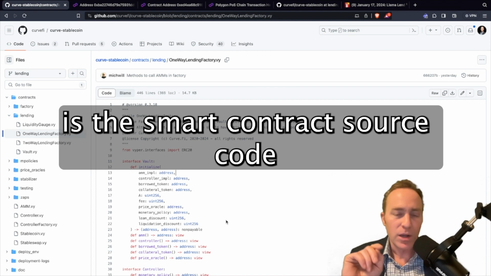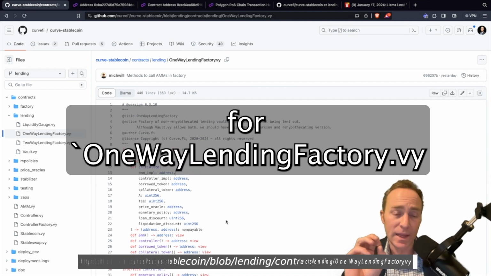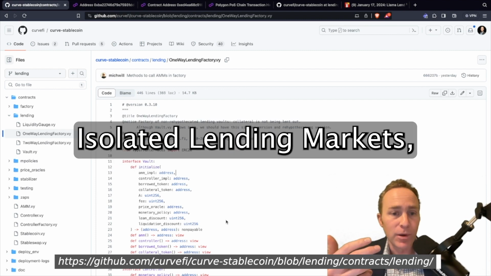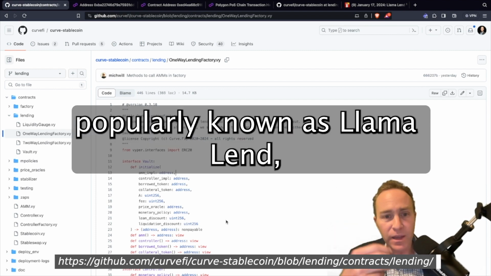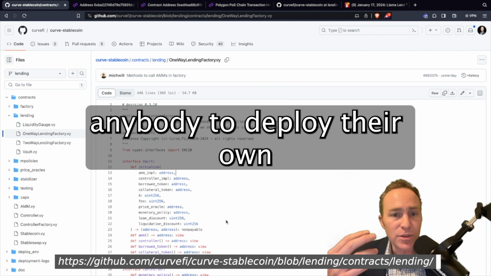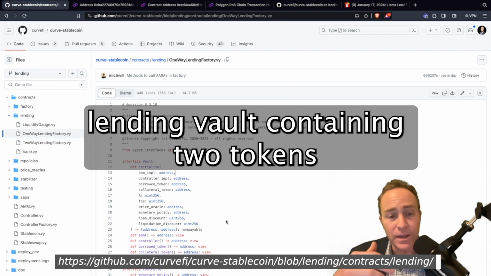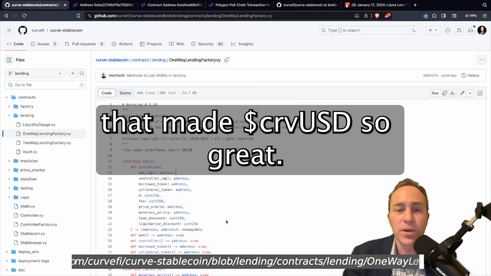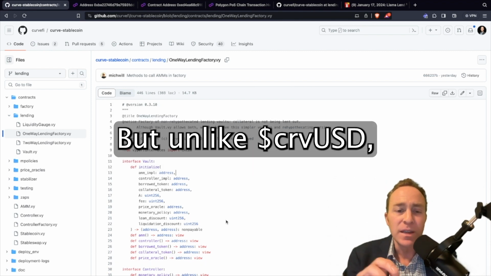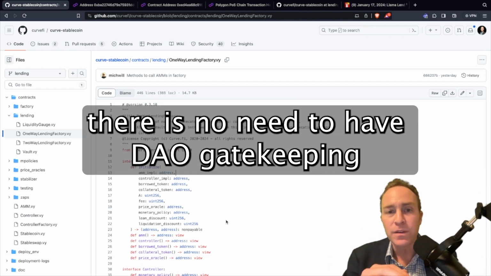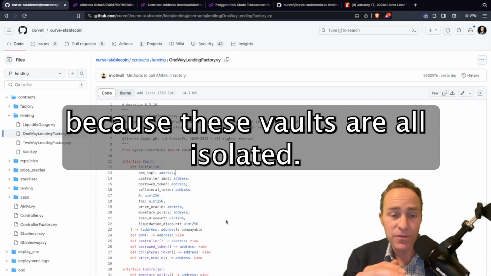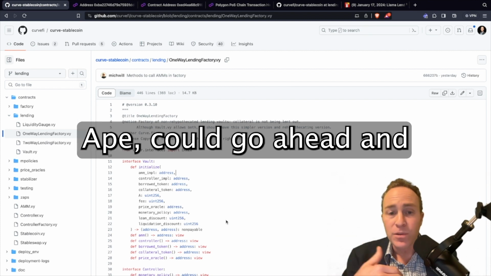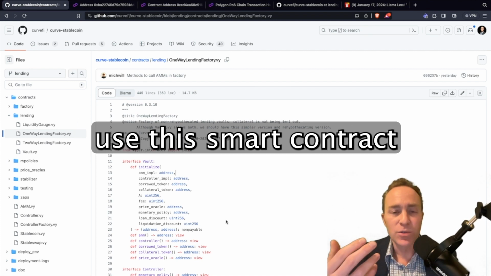Behind me is the smart contract source code for the one-way lending factory. This is part of the new Curve isolated lending markets, popularly known as Llama Lend, that allows anybody to deploy their own lending vault containing 2 tokens and the same soft liquidation protection that made crvUSD so great. But unlike crvUSD, there's no need to have DAO gatekeeping because these vaults are all isolated. Which means you, if you know how to use Ape, could go ahead and use this smart contract to launch